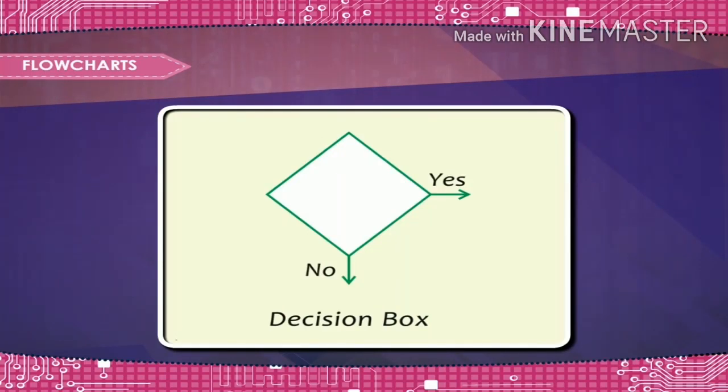The decision box in the flowchart is used when we have to check a condition. The condition is expressed as a question beginning with "is". The answer to the question is either yes or no. The decision box branches out with flow lines that show yes and no, and the flow of control is directed to the related action.